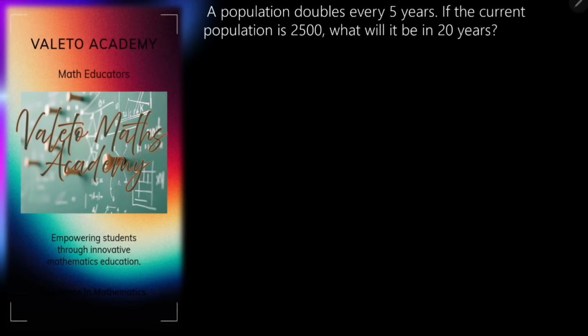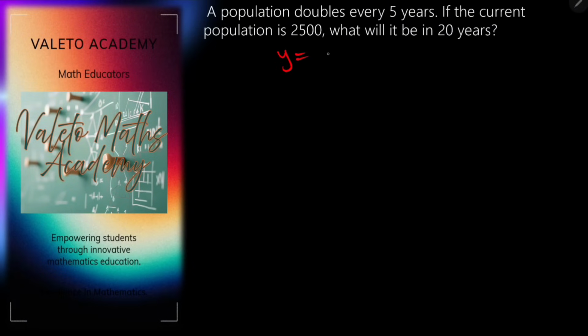A population doubles every 5 years. If the current population is 2,500, what will it be in 20 years? Okay, so is this a growth or decay? This is a growth because it is increasing. So now to calculate what the population will be in 20 years, we'll apply the exponential growth formula, which says